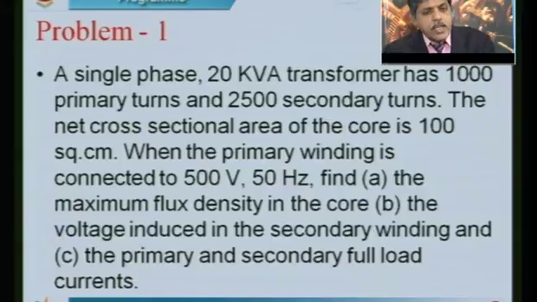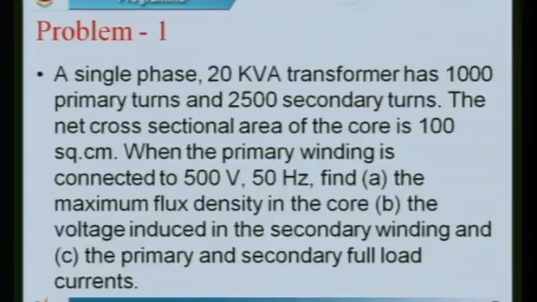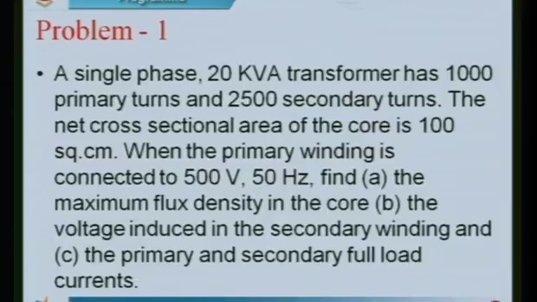The first problem is like this: a single phase 20 kVA transformer has 1000 primary turns and 2500 secondary turns. The net cross sectional area of the core is 100 square centimeters. When the primary winding is connected to 500 volts, 50 hertz, find the maximum flux density in the core, the voltage induced in the secondary winding, and the primary and secondary full load currents. If you observe the data given in this problem,